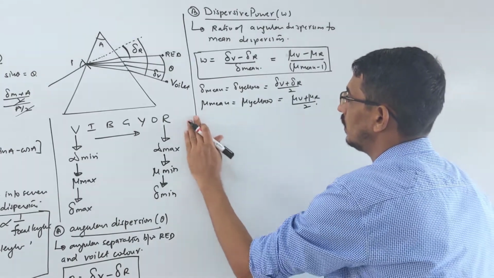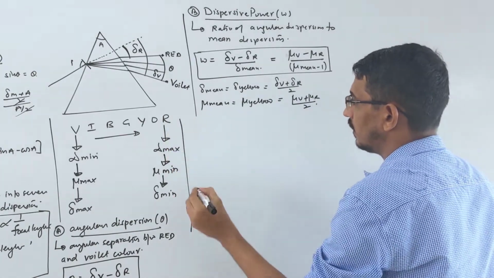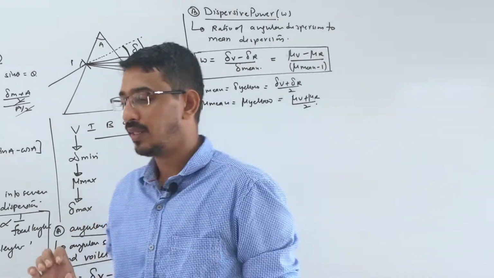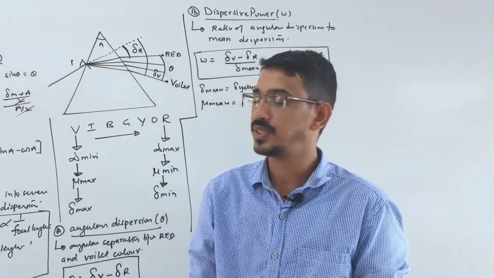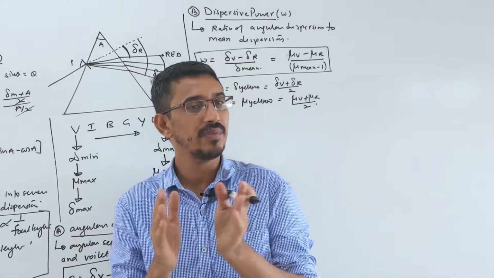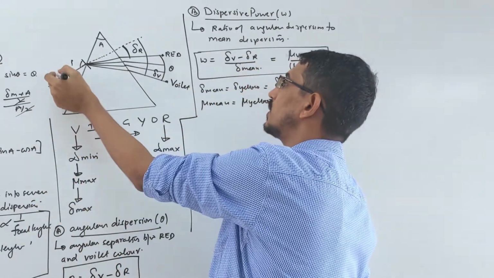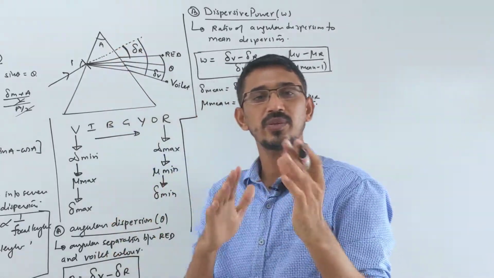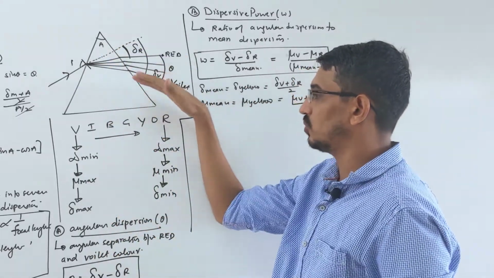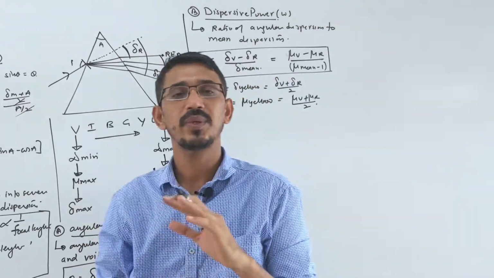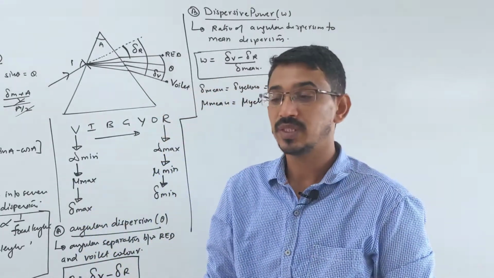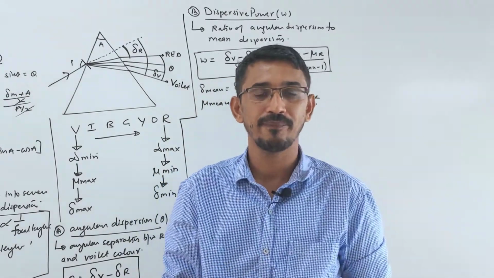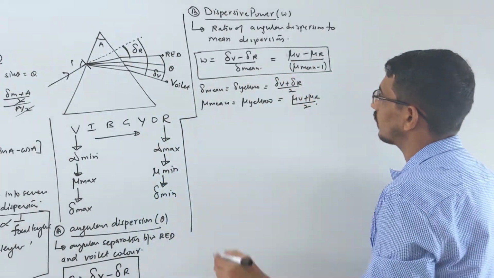After this, we do two interesting points here. When light is dispersed, the light splits into colors, and at the same time it deviates from its original path. That was the original path, and now the light is split into 7 colors, plus it is deviated also. Both things happen together: dispersion plus deviation. But suppose we want any one thing alone, then we need a combination of two prisms.